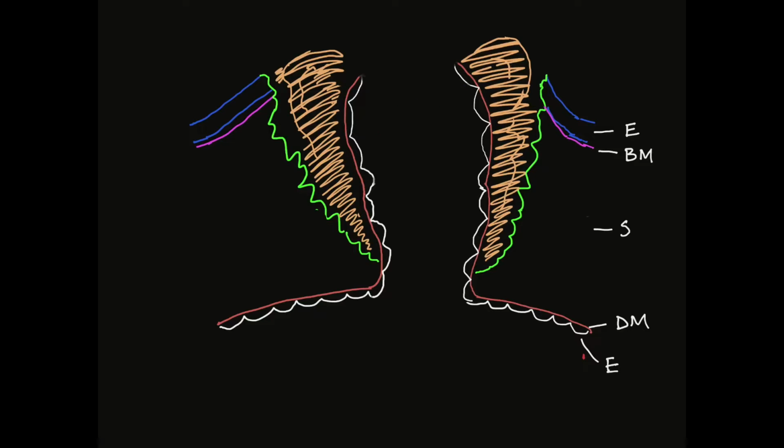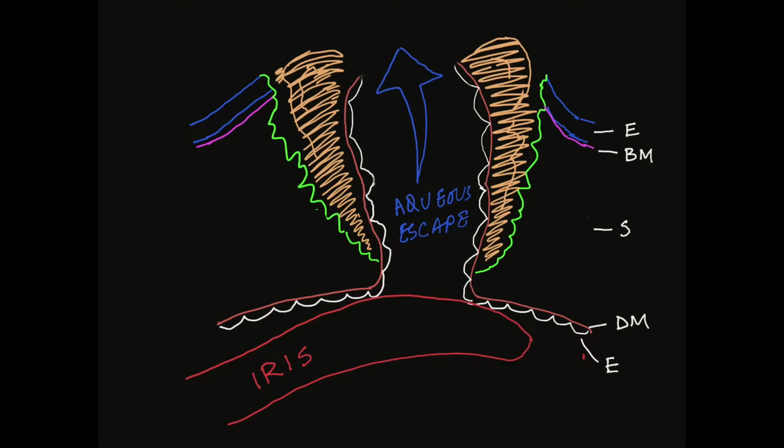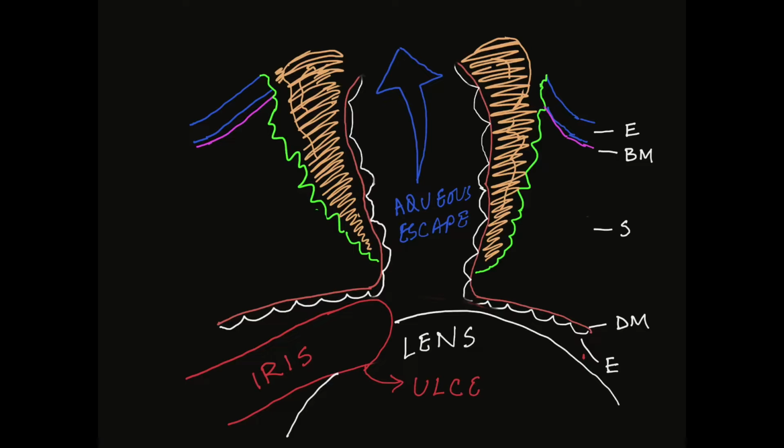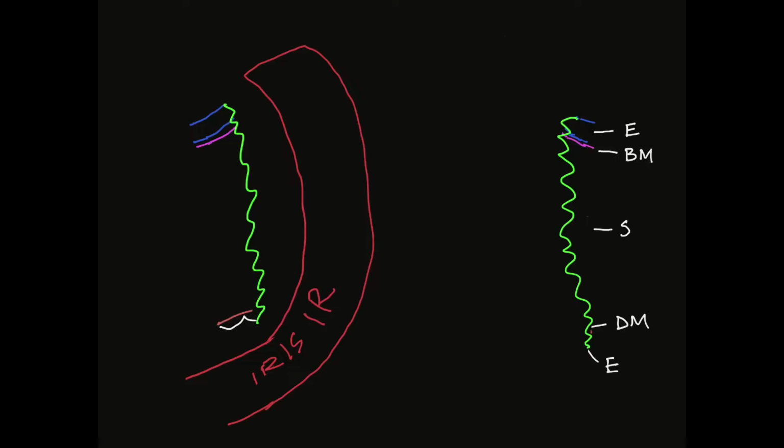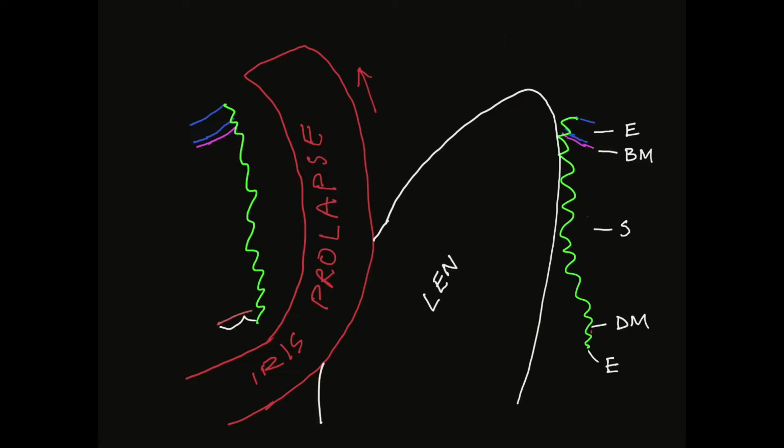But if the patient strains, it ruptures and the aqueous drains out. And immediately what happens? The iris is swept into the perforation and seals it. When this happens towards the center of the cornea, the lens also comes and blocks the perforation. Whatever it is, whenever the iris is in contact, the ulcer invariably heals. If the perforation is large enough, the iris actually prolapses through the perforation. Sometimes the lens may also escape. There may be bleeding from the prolapsed iris.